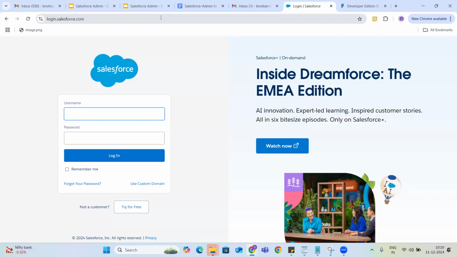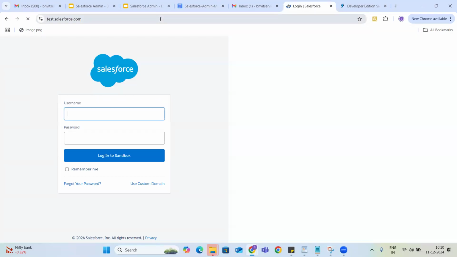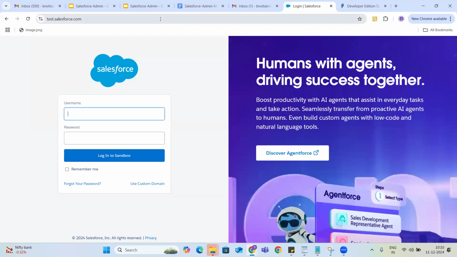Then you can provide your username and password for your production org. Now, I want to access my non-production orgs, that is either a development org, test org, or UAT org. Whenever you want to access a non-production org, then you have to use the URL test.salesforce.com.